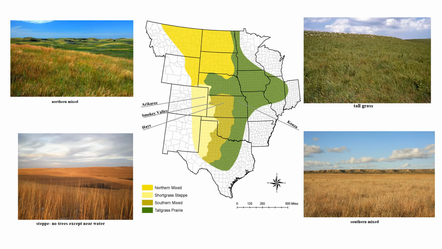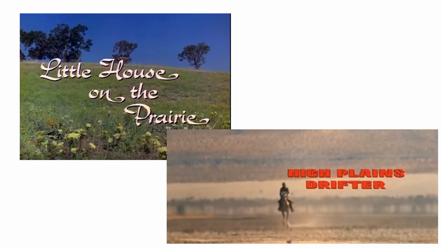Although the difference between the long grass area and the short grass steppes, I kind of picture in my mind because I'm a pop culture person and because I like westerns and frontier type movies and TV shows. I think in terms of the openings of 2 different things. The opening credits of Little House on the Prairie, which some of you may have seen, which was a TV show based on Laura Ingalls Wilder's books. The TV show was set in Minnesota.